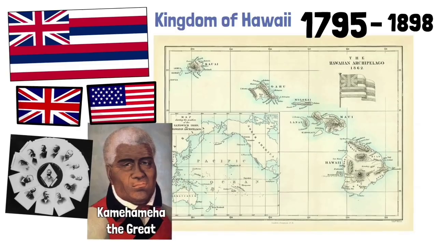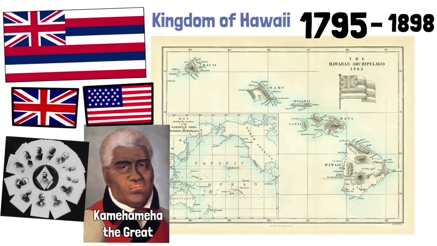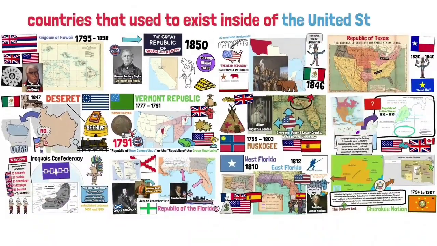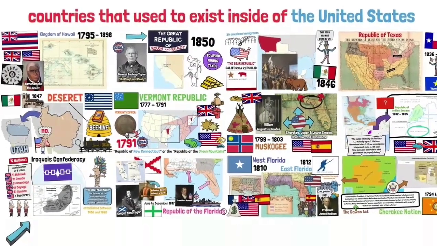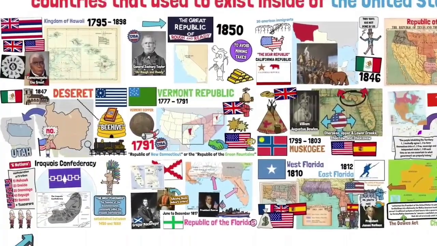But the independence of the islands is far gone now, and as far as I know, there's no movement to get it back, as seems to be the case for all those on this list. So, those were the countries, or at least some of the countries, that used to exist inside the United States, or rather, where the United States now exists. Are there any other countries that existed in this territory, then being destroyed and therefore no longer